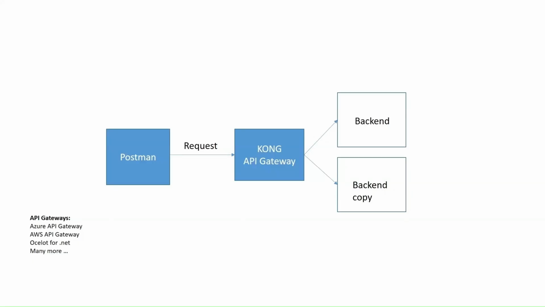Welcome to part 5 of our end-to-end series. In this part, we will be introducing Kong API Gateway that will help us with load balancing and create multiple copies